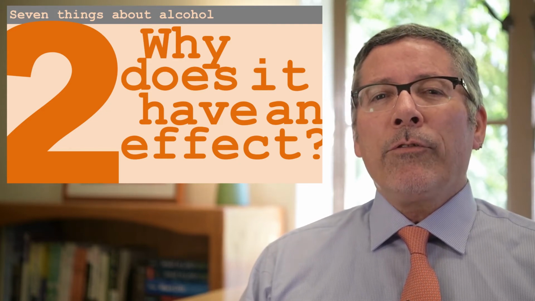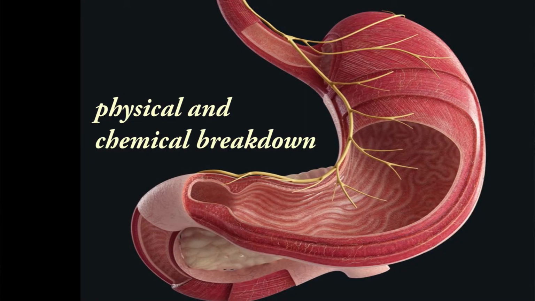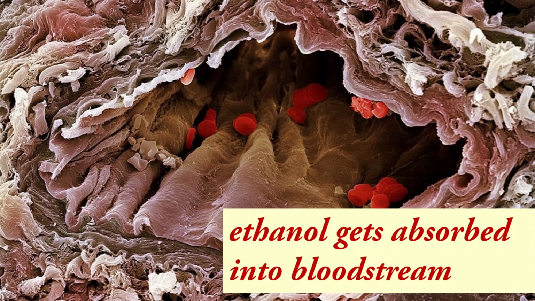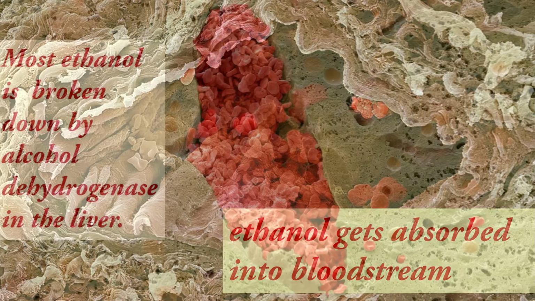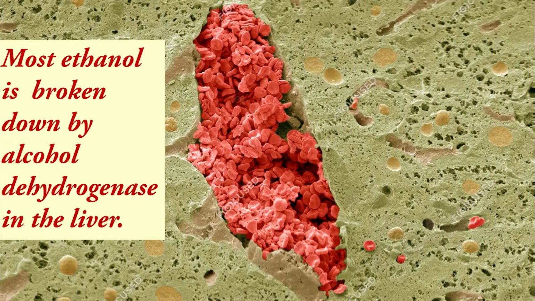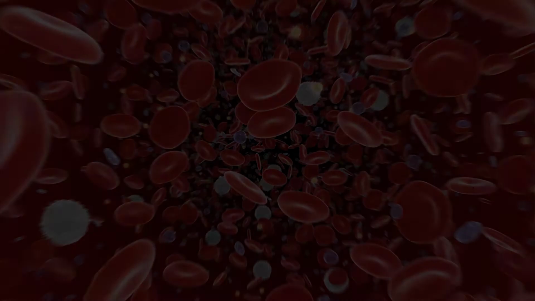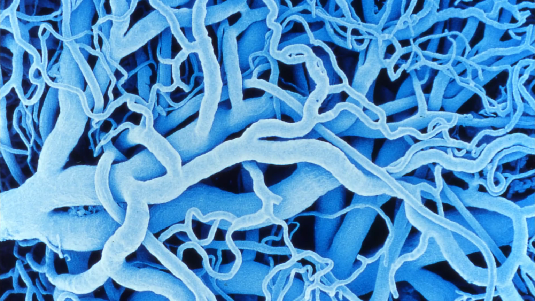Well, after you consume the alcohol, some of it's going to be broken down in your stomach, and then a lot of it's going to be absorbed in the first part of your small intestine. From there, it's going to get into your bloodstream, and it'll go to your liver. In your liver, about 17 different forms of an enzyme called alcohol dehydrogenase are going to get to work on it, breaking it down into various products that can either be used or excreted. But some of it slips by, gets into the bloodstream, and then moves all around your body, and it gets towards your brain.